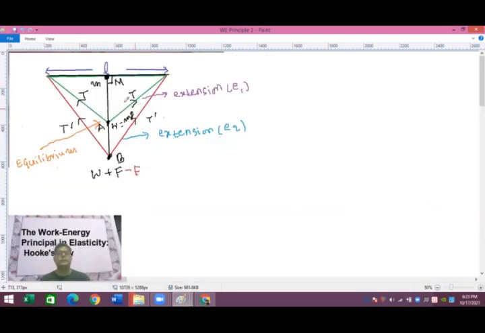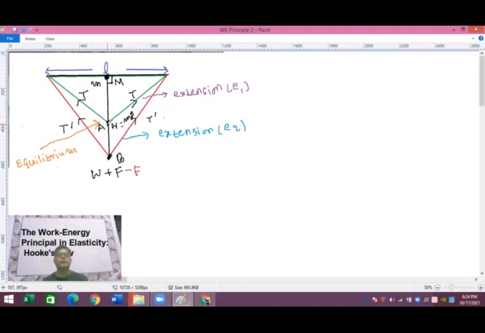Okay guys, there are a number of ways that we can see the total energy at different points in the elastic system. Suppose this is a point where an elastic string is supported, and it has some weight. If you attach it here, then definitely it will fall down because of mg, because of the acceleration due to gravity. Its position will be here, and this position will be in the equilibrium state after some distance. And then you apply a force F and stretch this